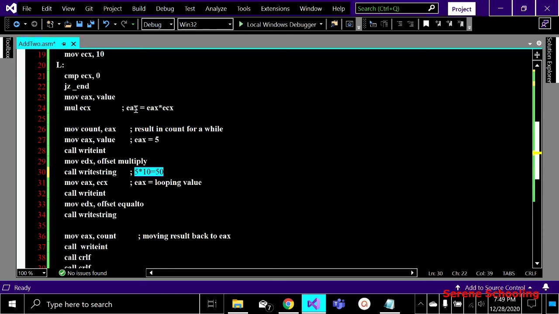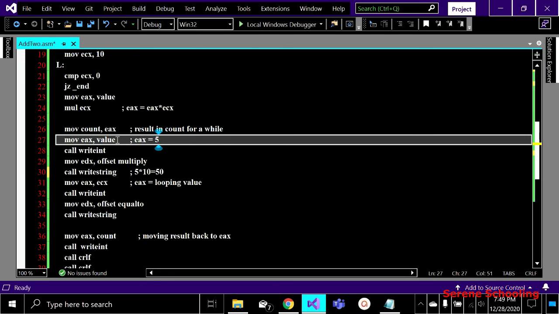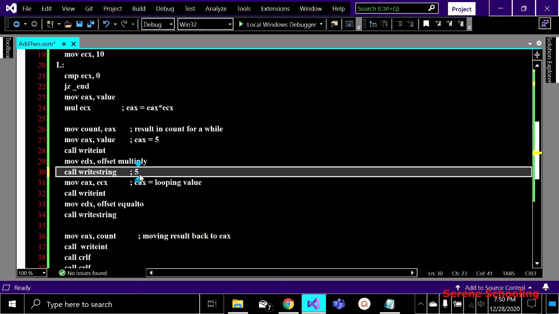Results get stored in EAX, and now we have to store it in some other count variable for a while, so that we display these things first. Before this 45 we will display these things, okay? So then I am moving that into the count variable, and then I am moving that 5 into EAX, and then by call WriteInt we have printed so far this, okay?